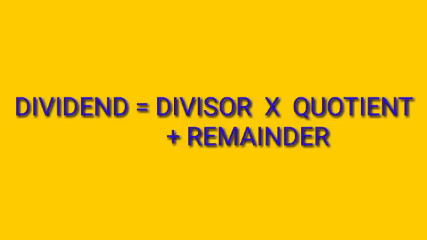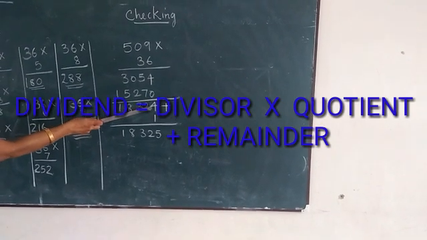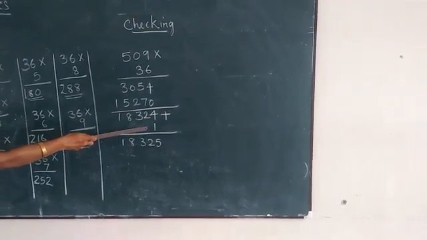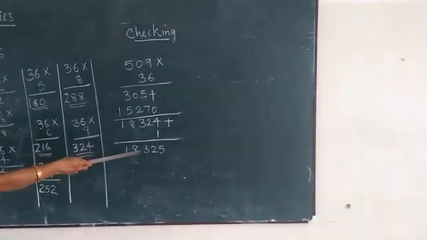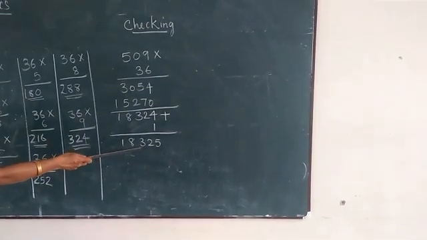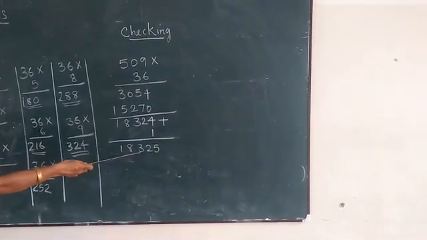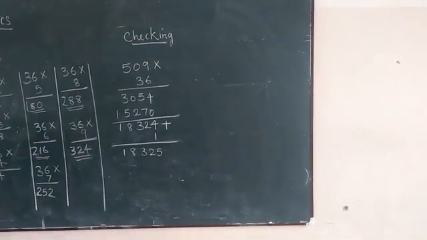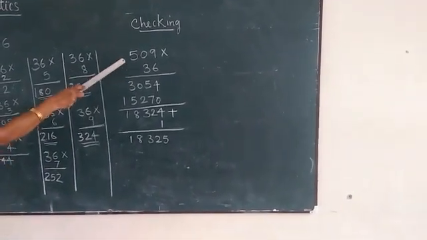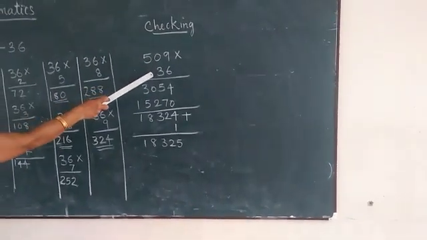How will we check? Divisor into quotient plus remainder is the same as the dividend. You understood the method? So we will multiply the divisor into quotient. You got 18,324 plus remainder. What did you get? 18,325. This is the same as our dividend. So this answer is correct. So this way you can check. You can multiply divisor into quotient plus